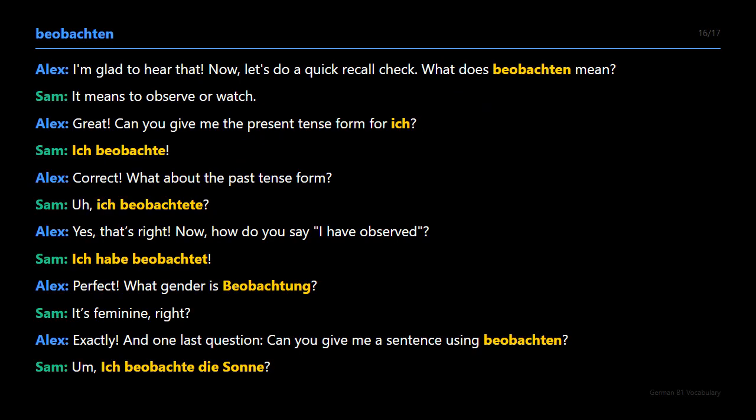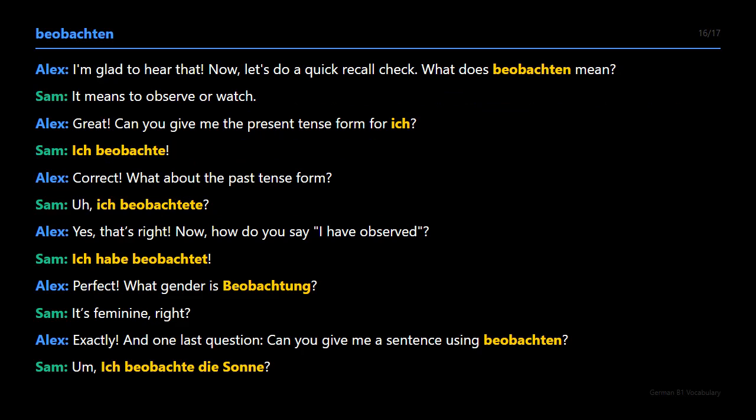I'm glad to hear that. Now, let's do a quick recall check. What does beobachten mean? It means to observe or watch. Great. Can you give me the present tense form for ich?